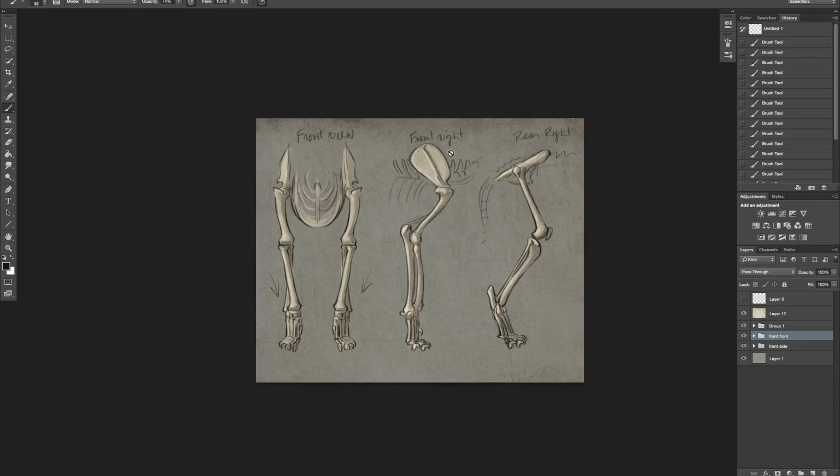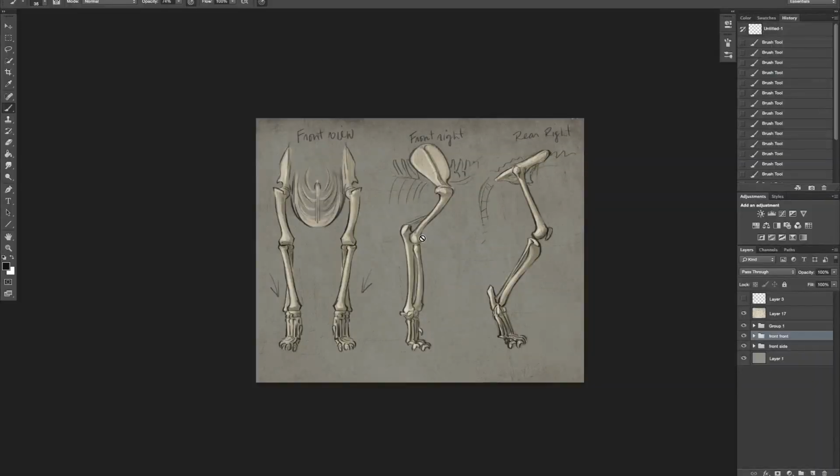And then on the right side, we're going to talk about that front right paw, or leg, and we're going to go over the muscle structure in there. Lions obviously have very pronounced muscles, especially wild lions that have to really work for their meals. And we're going to see that there's a lot of similarities in their muscle structure and ours. And then finally on that rear right leg, on the back leg, we'll go over the structure there. So let's just go ahead and start right in the middle. Let's start with that front